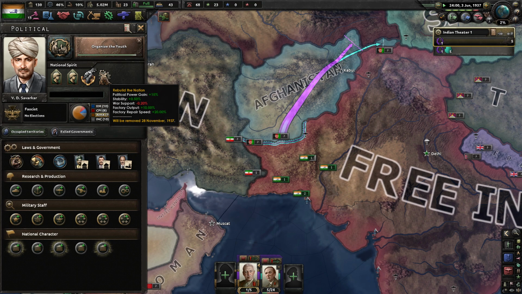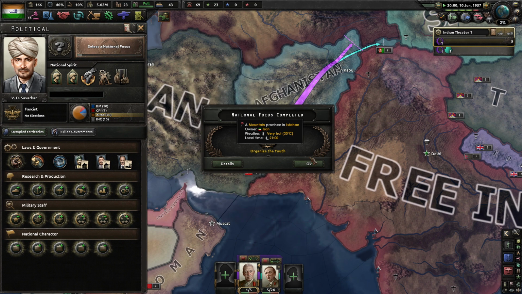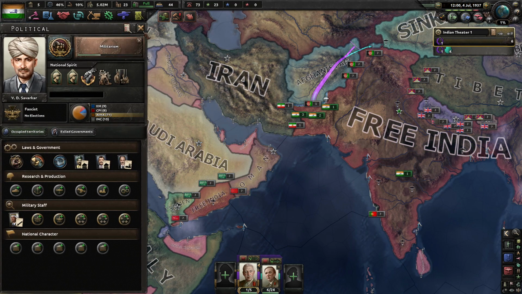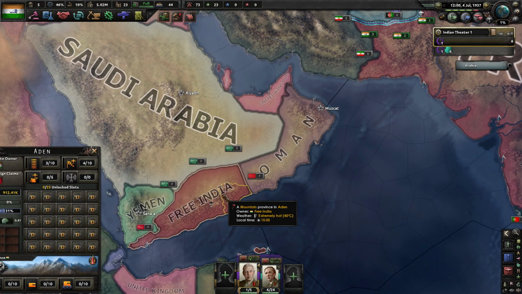Okay, so yeah, we've still got civil unrest. Rebuild the nation. That's not too bad. Organize the youth. Good, good, good. Yeah, so now we can actually go down the path of militarism. We're slowly but surely mustering forces on the board here, but I don't know why I have